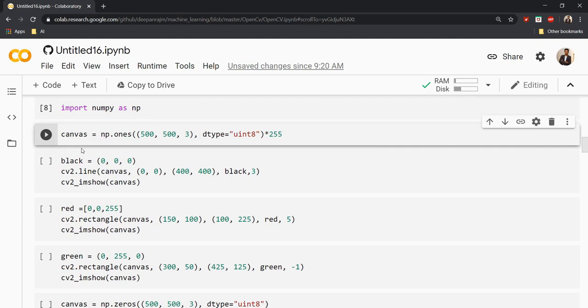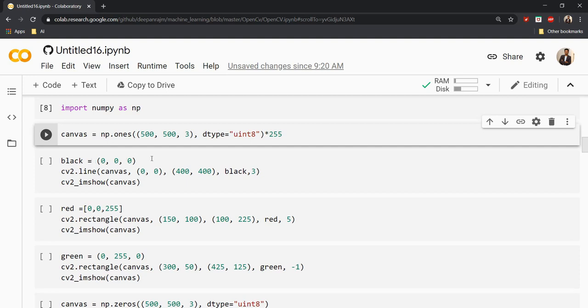Now I'm going to draw a line onto this white color image. In order to do that, I need to create a color for it. Here you can see I've created a tuple with 3 elements inside it. These 3 parameters represent the color components: this is B, this is G and this is R. Obviously we term image color as RGB, but in OpenCV it is different, it is B, G and R. Since I've given 0, 0, 0, this will be black in color, so I've given it the name black. Now I've created a tuple that represents the black color.